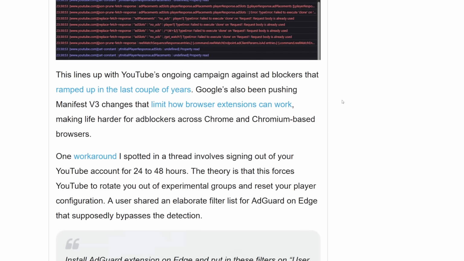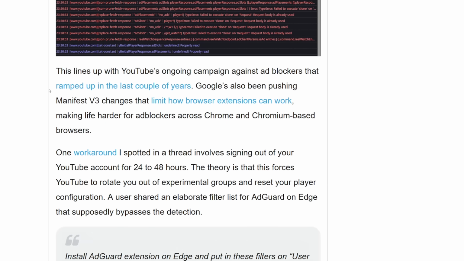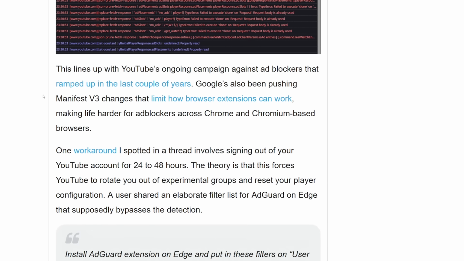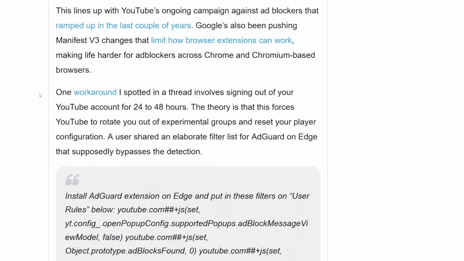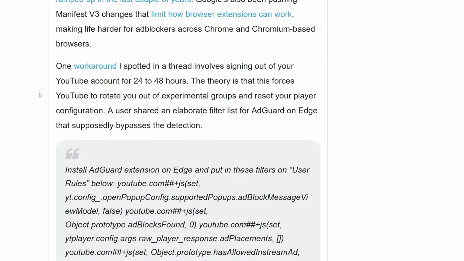But regardless, it doesn't seem too far-fetched because as I've just shown you guys, YouTube has actually been trying to combat ad blockers for a very long time. Sometimes they're very direct, and other times they actually just try to slow your YouTube page or stop it from working to make it seem like there's something else going on.